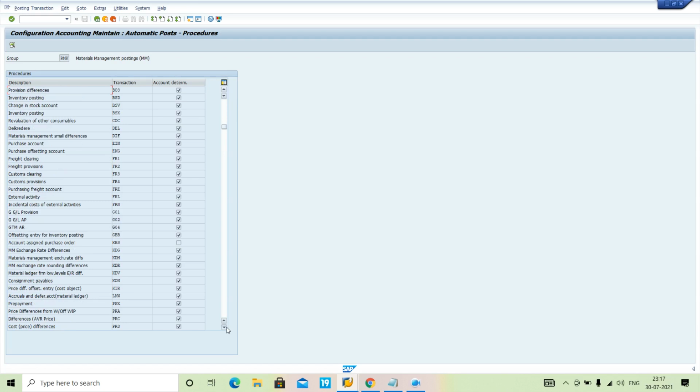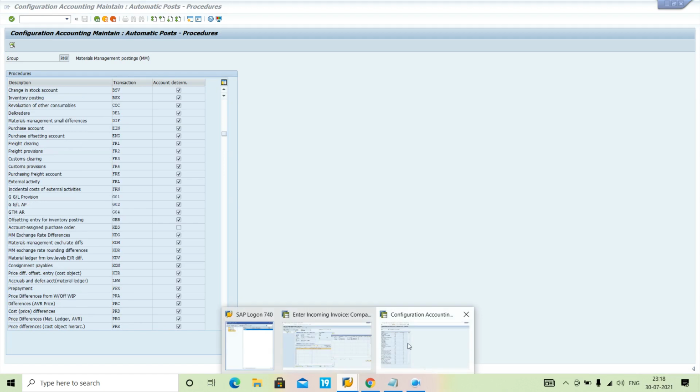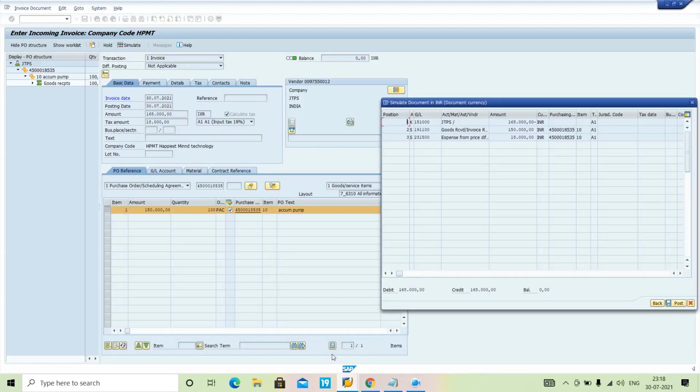Why it is showing? See, here it is the PRD, cost price difference. Why is it coming over here? Because we do have the taxes also, and the taxes have some amount. See, the total amount I have paid to the vendor is 168, and the goods receipt amount was 150, but the difference amount, that means the tax amount, is 18.